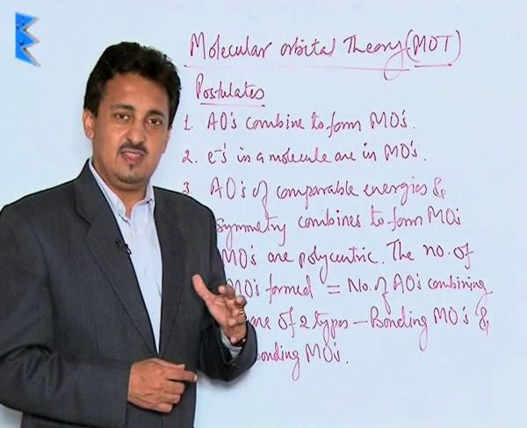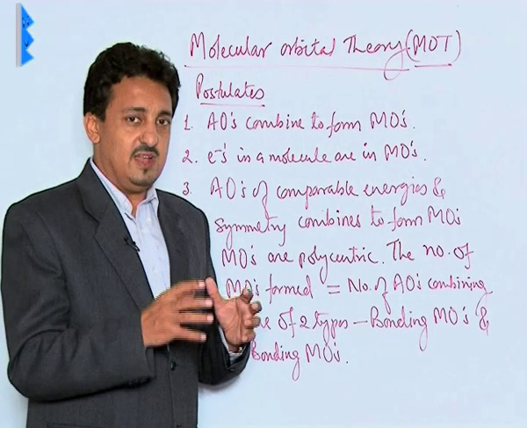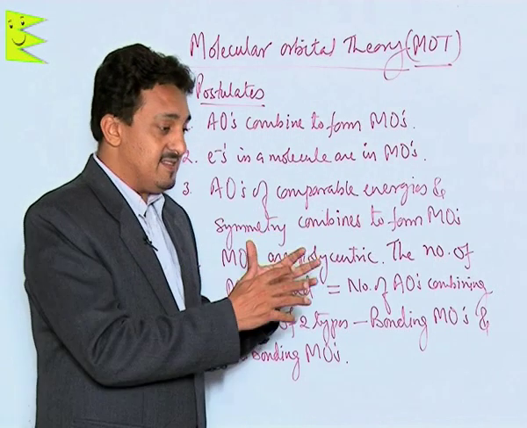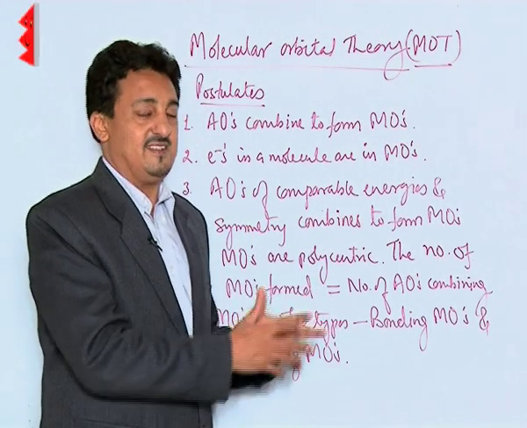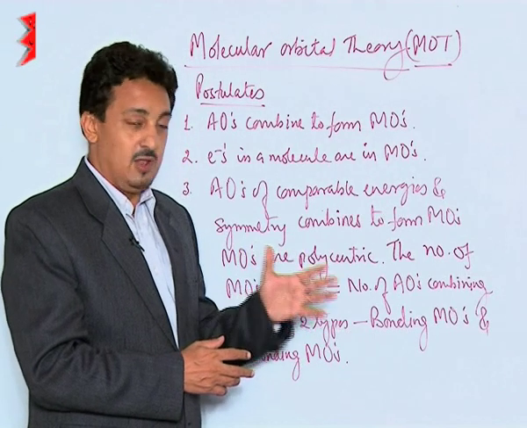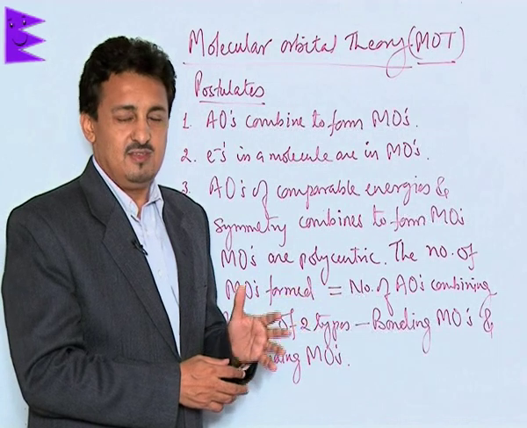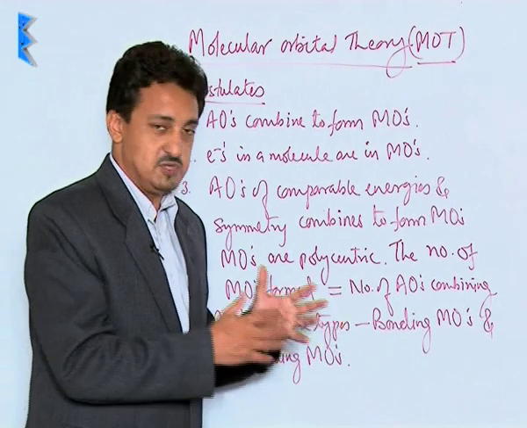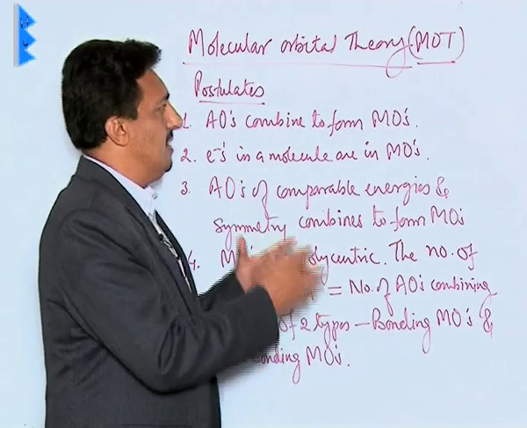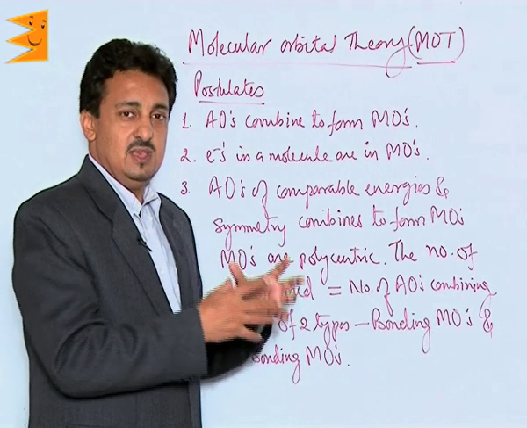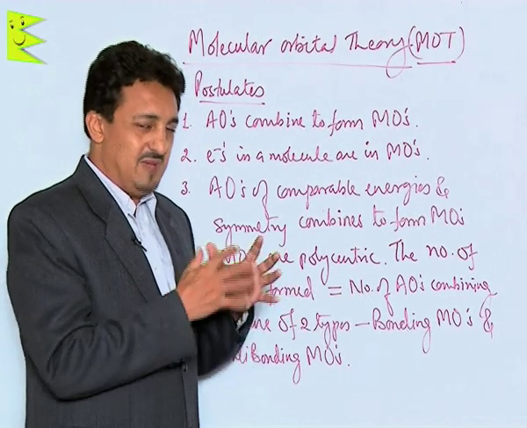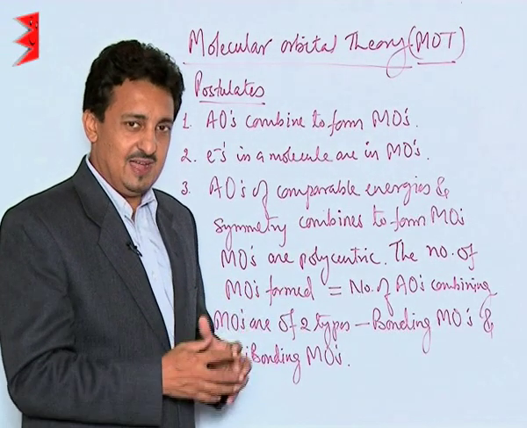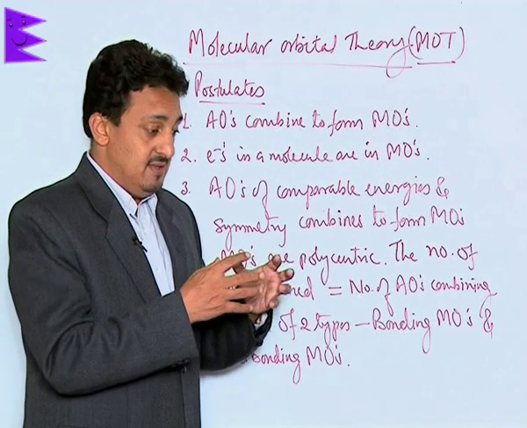In hybridization, we have seen that hybridization is basically a hypothetical concept. But in this case, this theory is based on certain facts, the facts given by modern concepts, like de Broglie's dual behavior, Heisenberg's uncertainty principle, the facts on the basis of which the quantum theory was based. So this molecular orbital theory, which was given by Mulliken and Hund, is based on the quantum mechanical model of the atom. It is based on the modern structure of the atom.